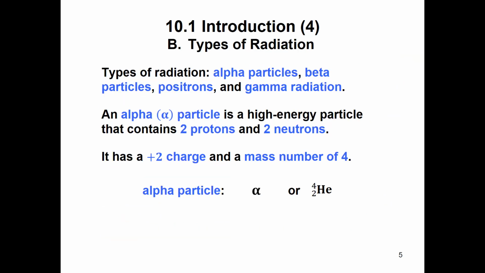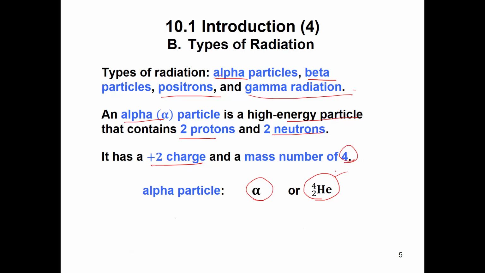Types of radiation. This is important. You have alpha particles, beta particles, positrons, which are sort of the opposite of a beta particle, and gamma radiation. And gamma radiation, notice, is not a particle, it's just some energy. So an alpha particle is a high energy particle. It's got 2 protons and 2 neutrons, so it has a mass of 4, and it has a +2 charge. And we designate that as the alpha, or you can also write it as 4/2 helium,